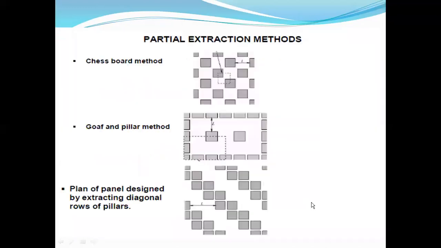Okay. Next one, chessboard method. Look here. It's some kind of pattern we are following, so that it forms a regular chessboard kind of pattern, which redistributes the load that is acting. Whatever strain you will be getting gets balanced with this kind of approach. As a result, the net amount of subsidence that might occur during extraction of the coal will be reduced.